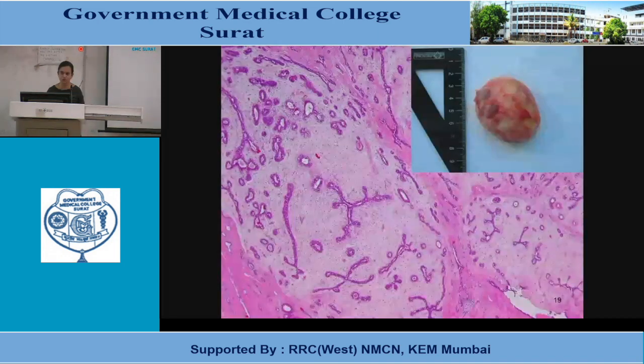This is how the microscopic view of fibroadenoma looks like. Can you see there are glands? So these are round glands here. So this is pericanalicular type of fibroadenoma, and this part is the stroma. Can you see there are these identifiable round structures, identifiable in the gross also. These are basically these areas.